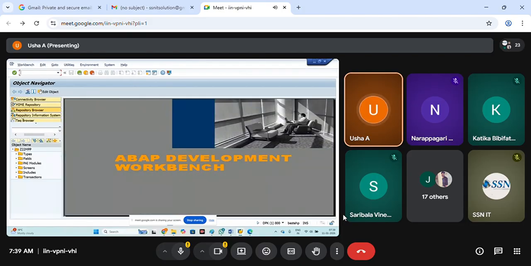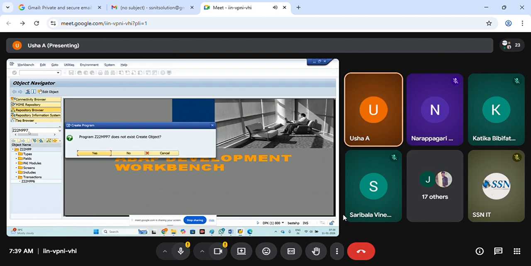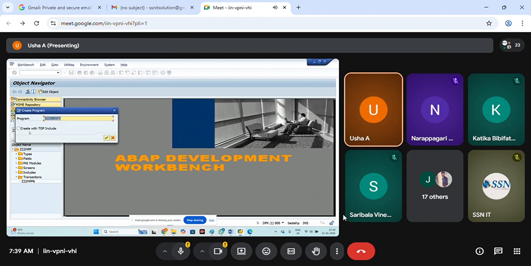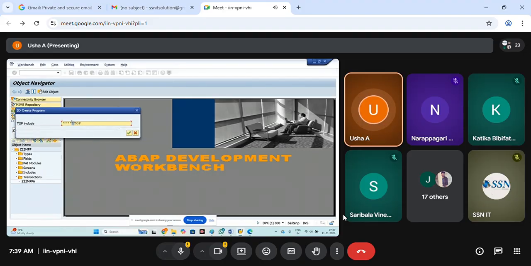Yes, C80. So I am quickly creating a program ZMPP7. You know all these steps, so that's the reason I'm not repeating again.